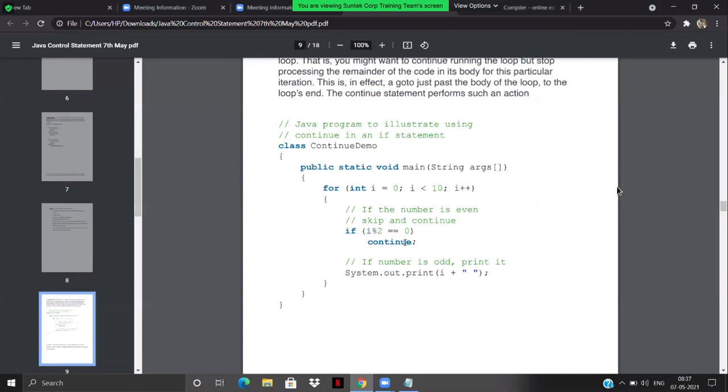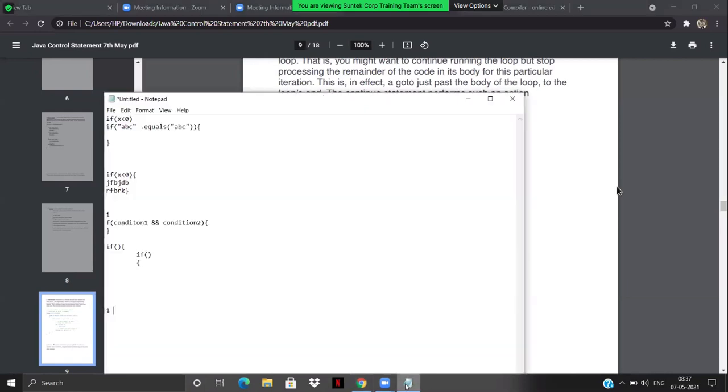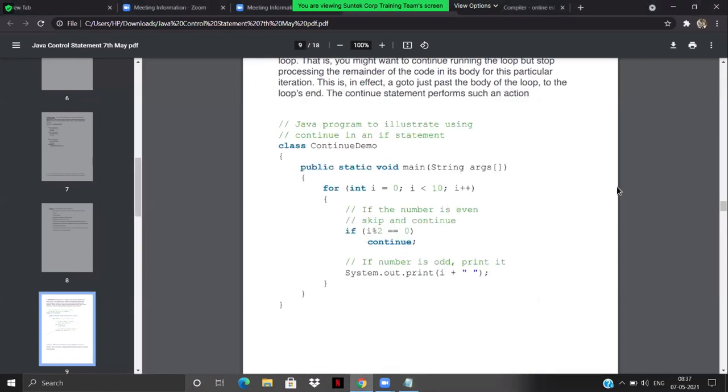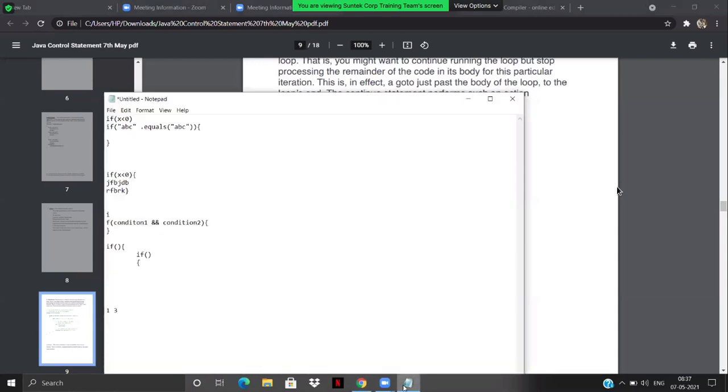Since this is true, I'm going to again give a continue. I will check for i equals 3 now. If I check for i equals 3, I will be getting 3 with 1 space. So similarly, for 9, and for each and every odd number, you will keep on getting the same answer. So that would be your final answer.